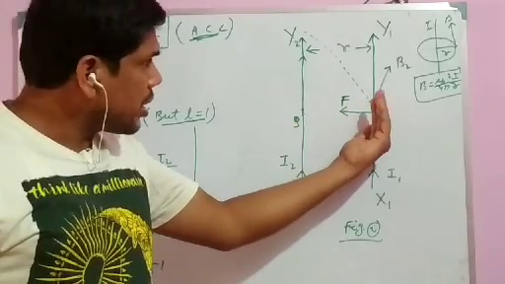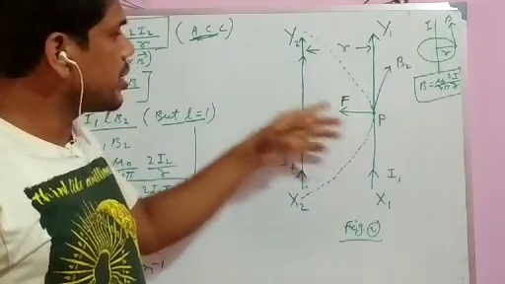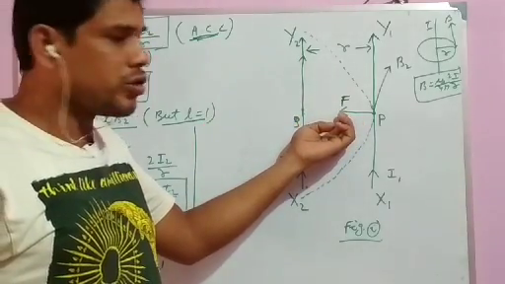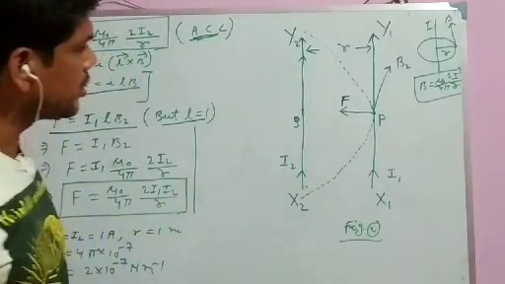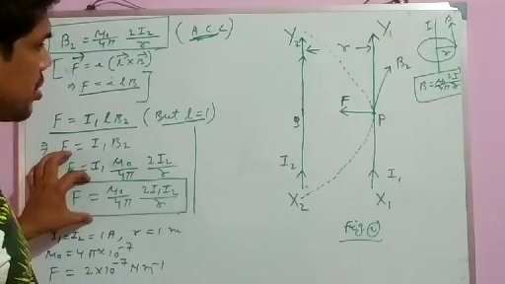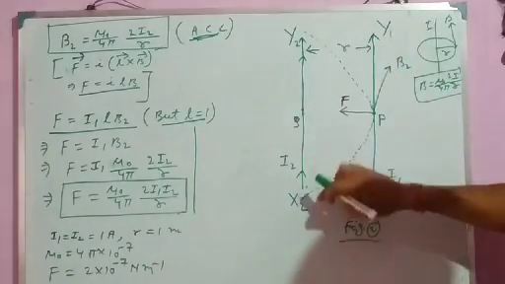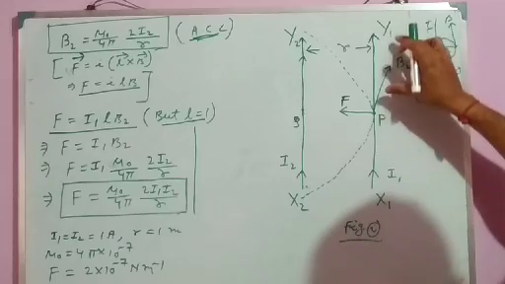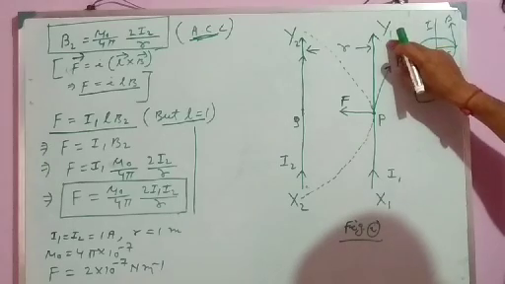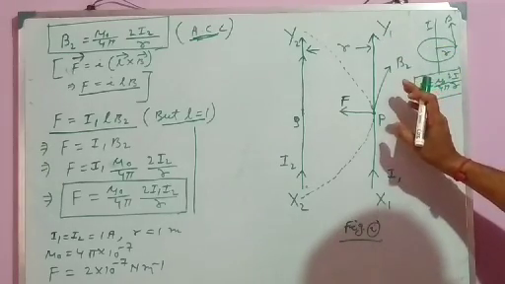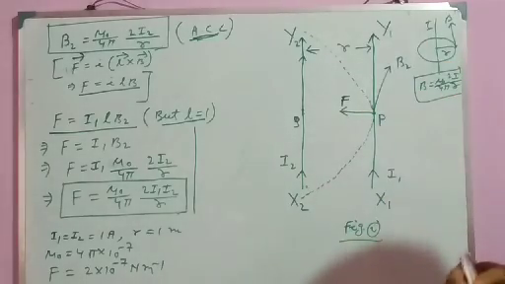So this current carrying conductor X1 Y1, when it is placed near another current carrying conductor X2 Y2, experiences a force, and that force here is denoted by capital A along this direction. Now we can derive the same expression when we want to find the force experienced by the X2 Y2 conductor when it is placed at a distance of small r from X1 Y1, which is carrying current I1. So we have to proceed in a similar way.